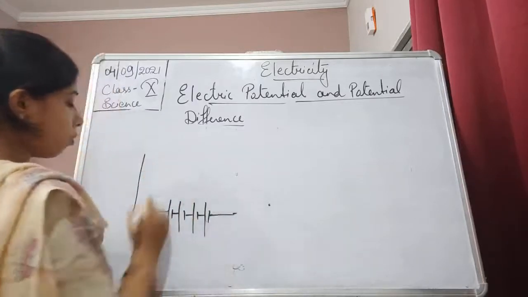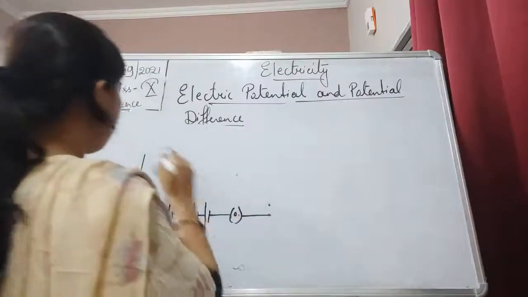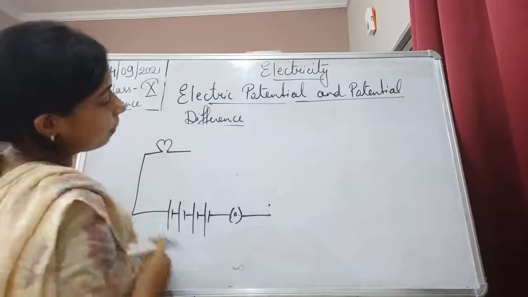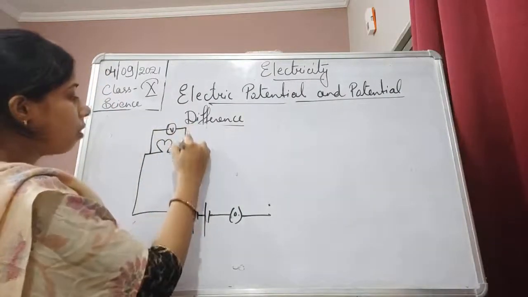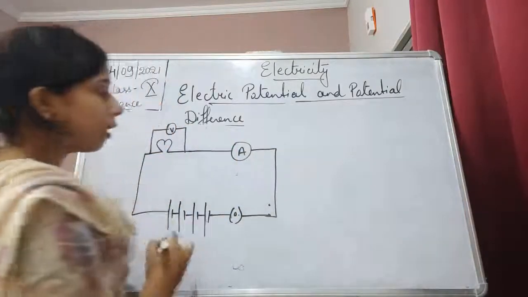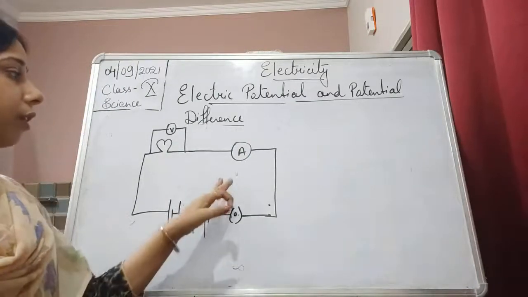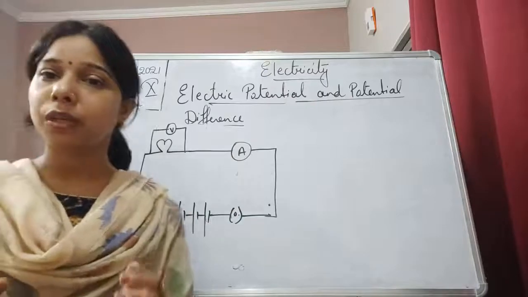We can also add a battery here. Then we can add a key, or a bulb. We can add a voltmeter, also an ammeter, or a switch. So you can see that there are different electrical components that we can include in